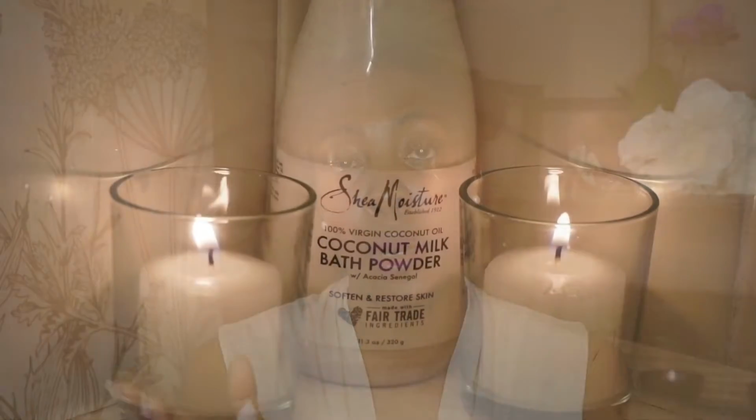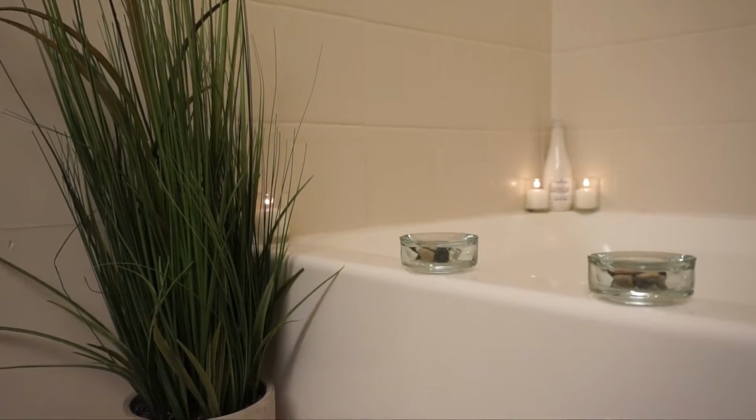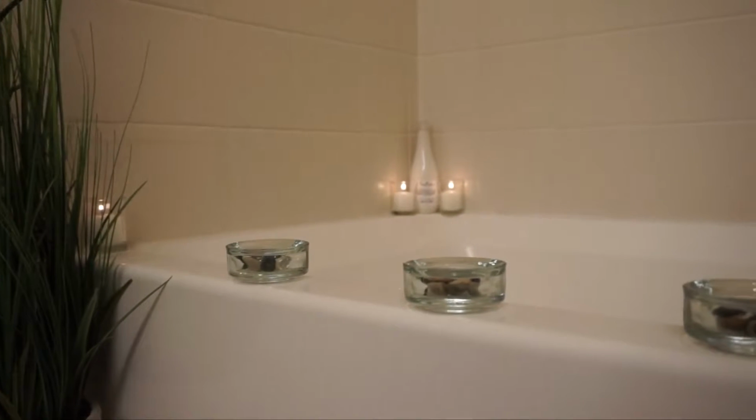The next product that I tried is more of a skincare product, and it was the coconut milk bath powder. As they put it, it's meant to provide moisture to your skin while revitalizing your senses. You're supposed to have some hot water in your bathtub, and then you sprinkle in, it said a handful of the bath powder, but I probably went ham on it and sprinkled in a little bit more. I personally really like the scent. It was a little bit lighter than the scent of the hot oil treatment,